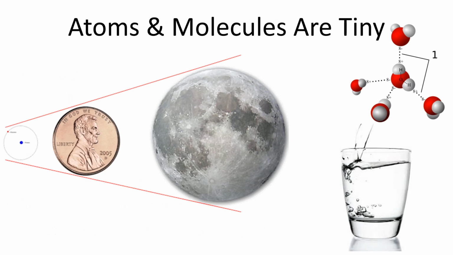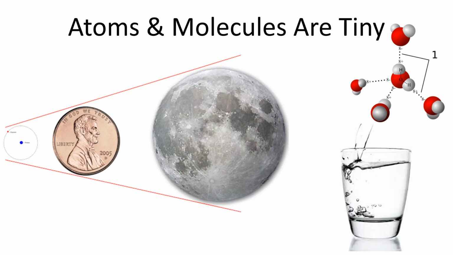Now, atoms are tiny. So tiny, in fact, that not only can we not see individual atoms with the naked eye, we can't even see them with the best optical microscopes. Now, this isn't a limitation of our current microscope technology, but rather with the underlying physics. That means that no matter how good our technology becomes, we will never be able to use visible light to